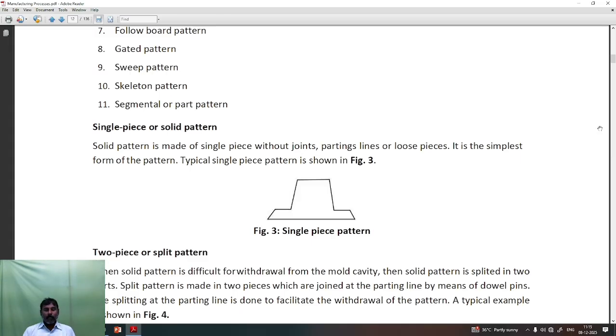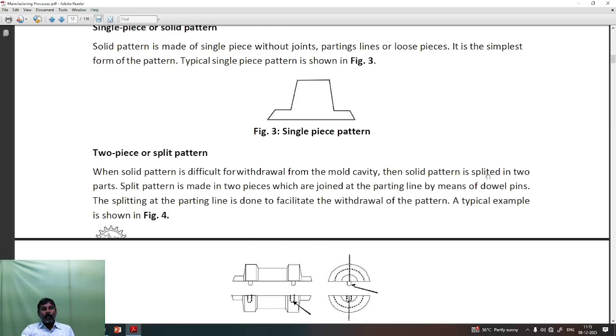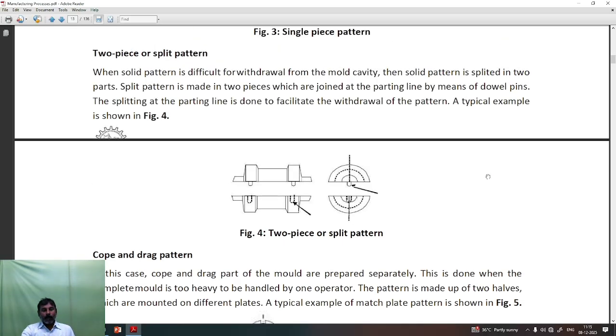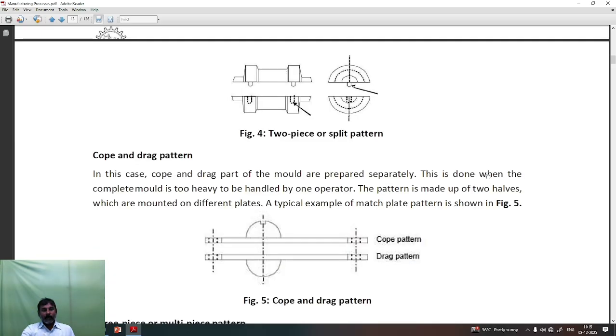A typical example is a cope and drag pattern. In this case, the cope and drag parts of the mold are prepared separately. This is done when the complete mold is too heavy to be handled by one operator. The pattern is made of two halves which are molded on different plates. The typical example of a match plate pattern is